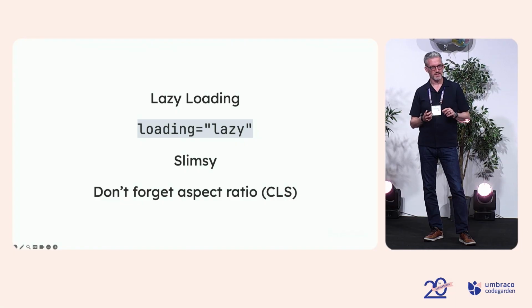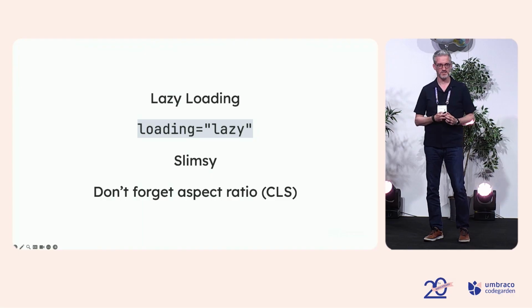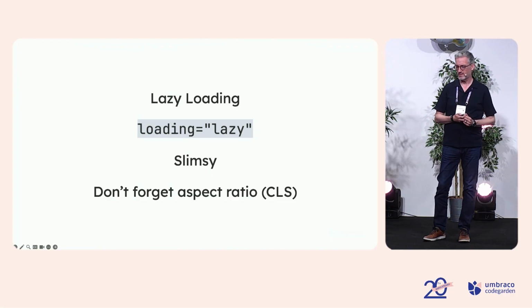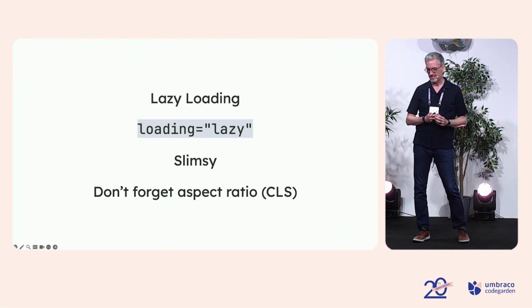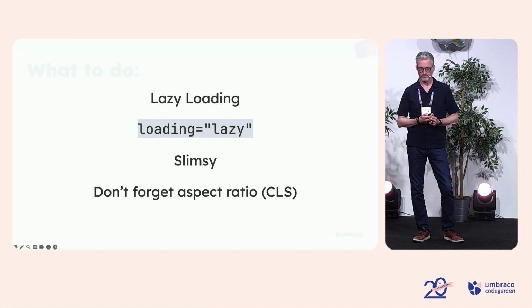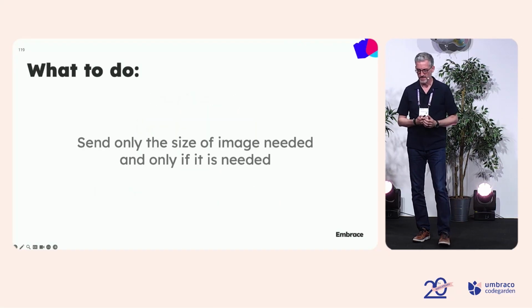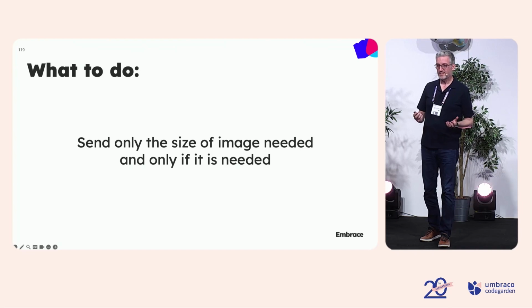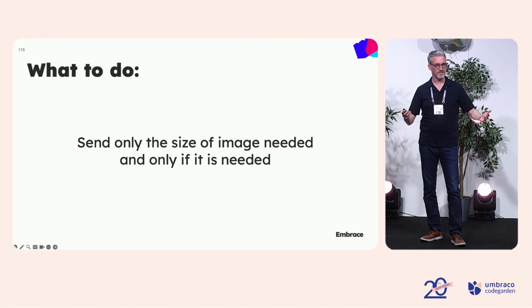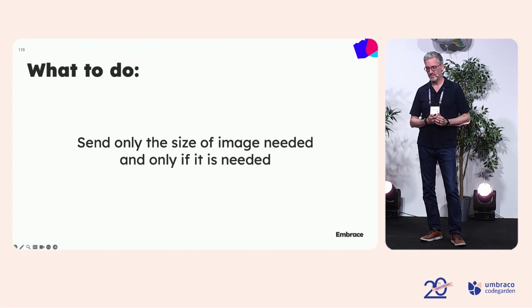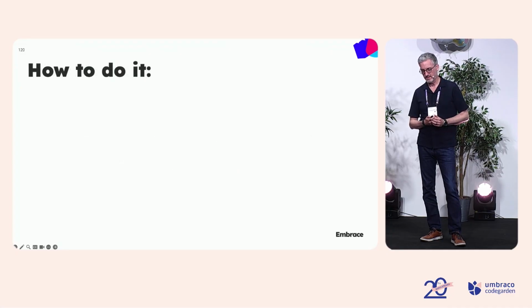And if we're using lazy loading, don't forget to make sure that the browser always knows the aspect ratio, because that CLS issue can become more of an issue with lazy loading. So it's just good to keep that in mind. So what to do? Send only the size of image needed, and only actually if it is needed. Tremendously reduces the amount of bandwidth. And how to do it,